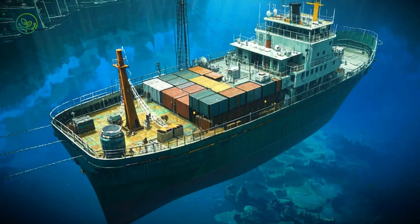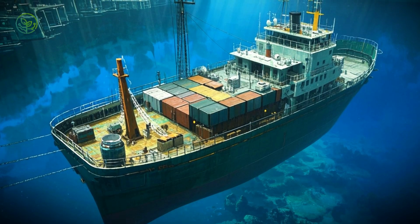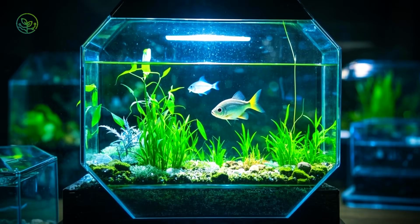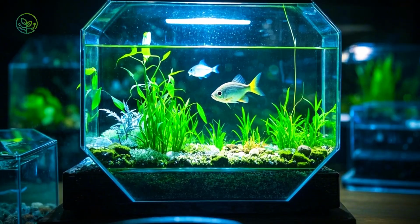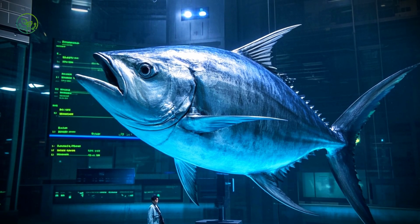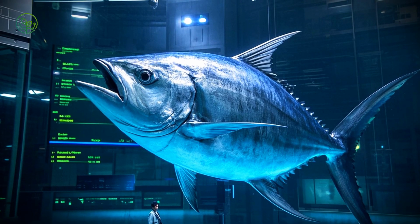Out at sea, beneath the steel deck of a cargo vessel, there exists an invisible system more fragile than the hull that protects it. It's not a fuel circuit or a navigation module. It's a floating aquarium, engineered not for display, but for survival. Inside, a giant fish breathes in silence, held not by nets or walls, but by the exact calibration of temperature,